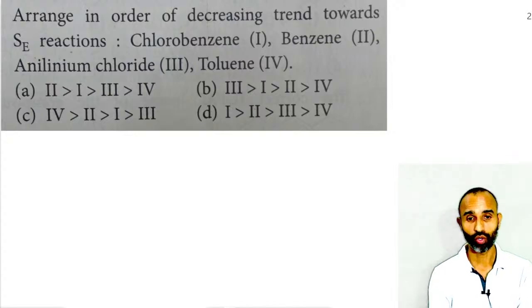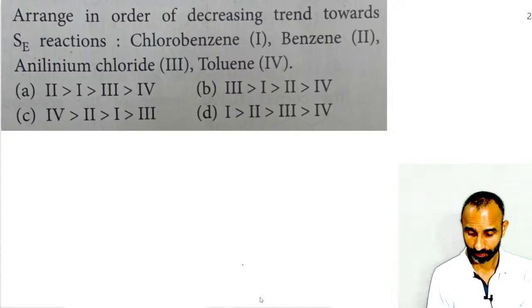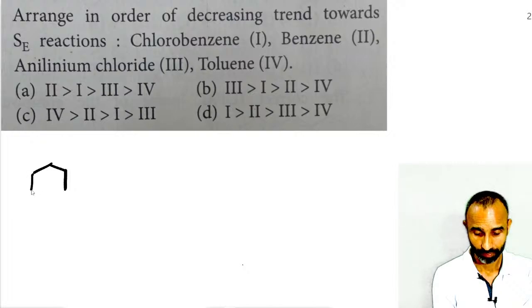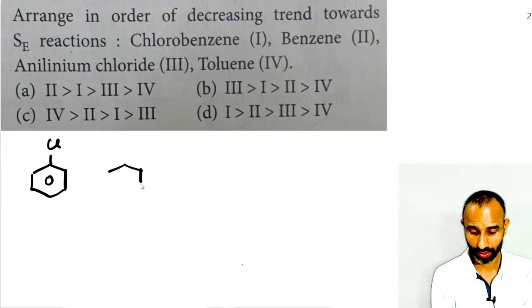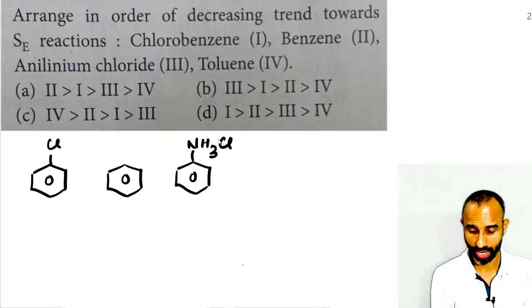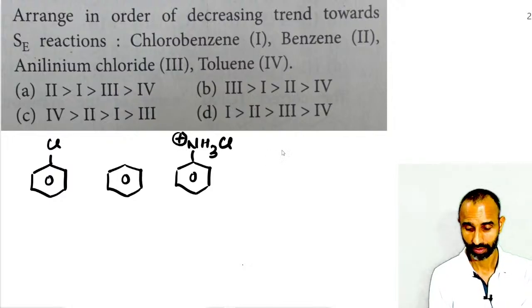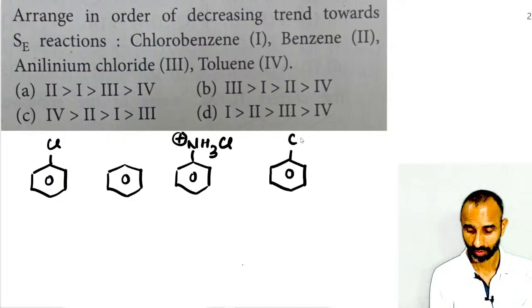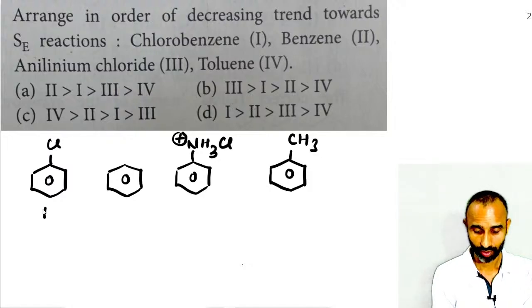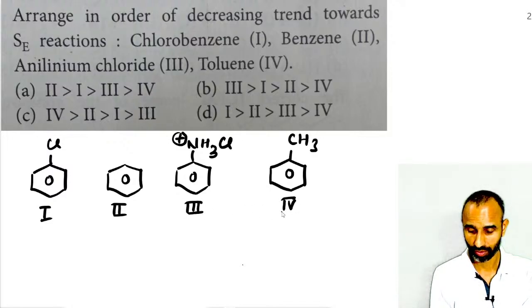Okay, good. So first is chlorobenzene, deactivating. Second is benzene. Other is anilinium chloride. And the last one is toluene. So if we compare these four,